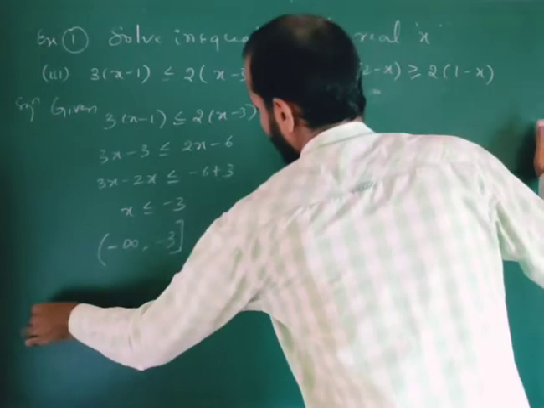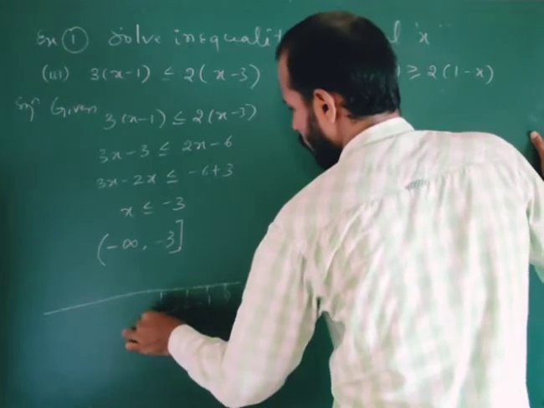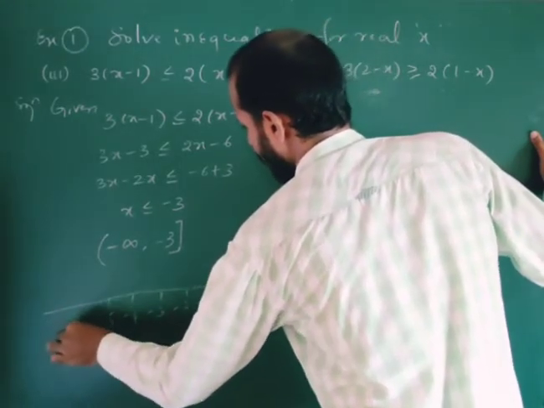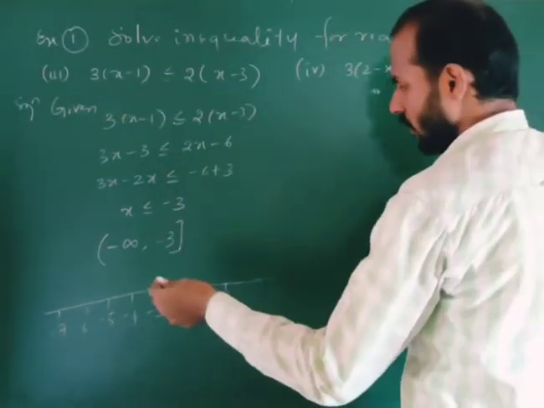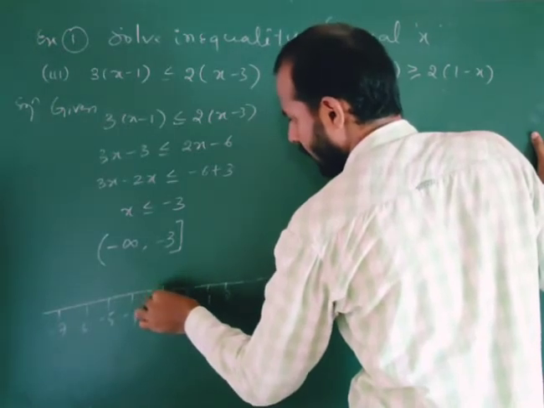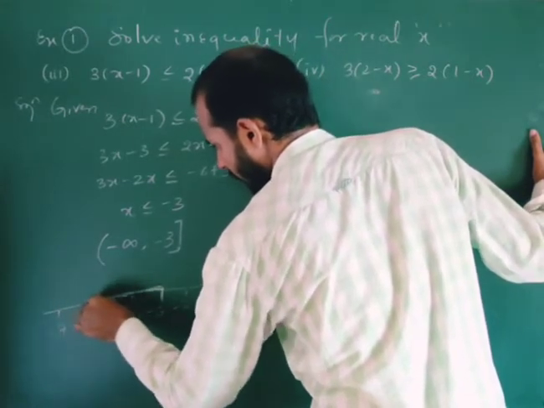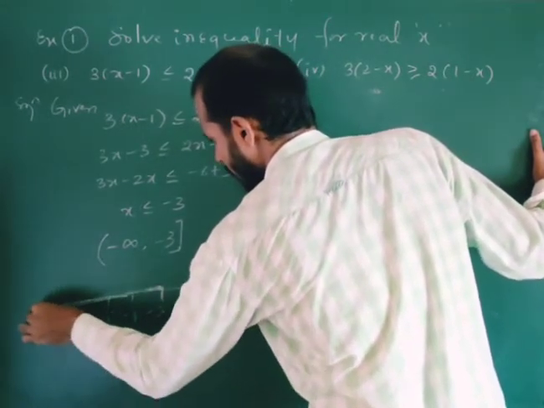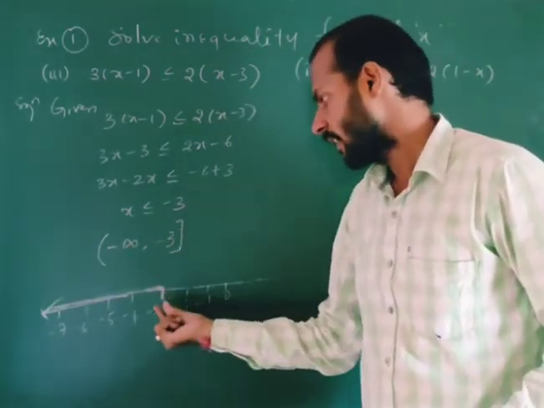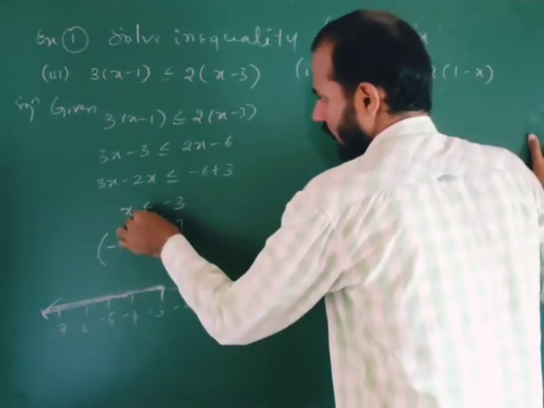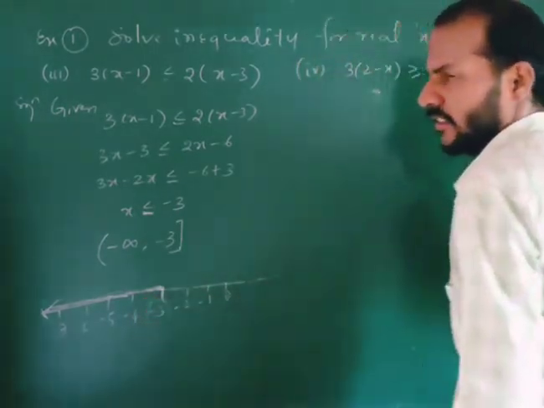Now how do we write it on a real line? It is 0, minus 1, minus 2, minus 3, minus 4, minus 5, minus 6, minus 7, right. Now x is less than or equal to minus 3 means from this point onwards, we can take the values. A shaded region indicates what? The interval between minus infinity to minus 3. Here we are taking the end point minus 3 also, because there is the equal sign. The equal sign indicates minus 3 is also in the set, right?